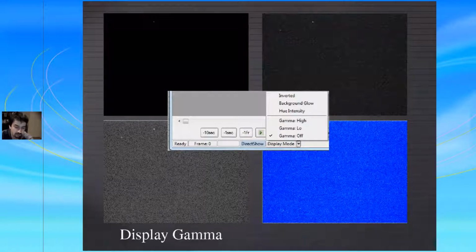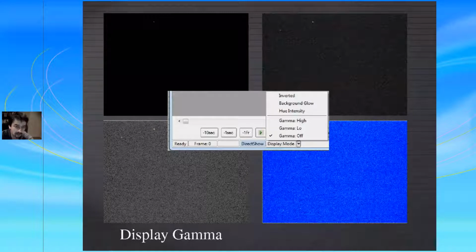And the other option is gamma. And when I say gamma here, I mean that the gamma is only applied to the video display. This is not applied to the actual data. So when you measure your stars, even though you have selected a gamma enhancement to be able to see your stars better, the gamma is not applied to the raw data.